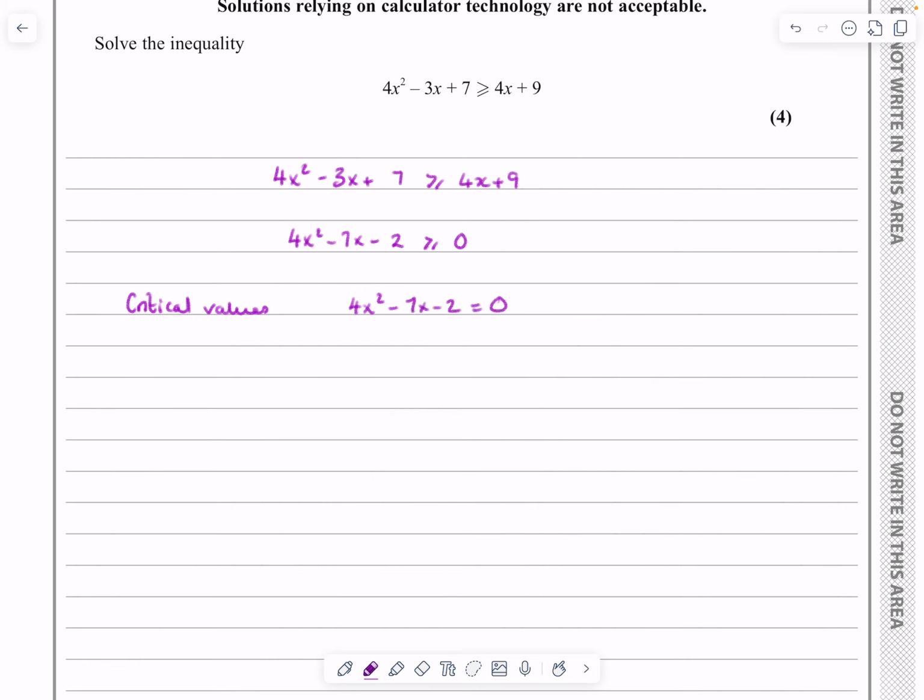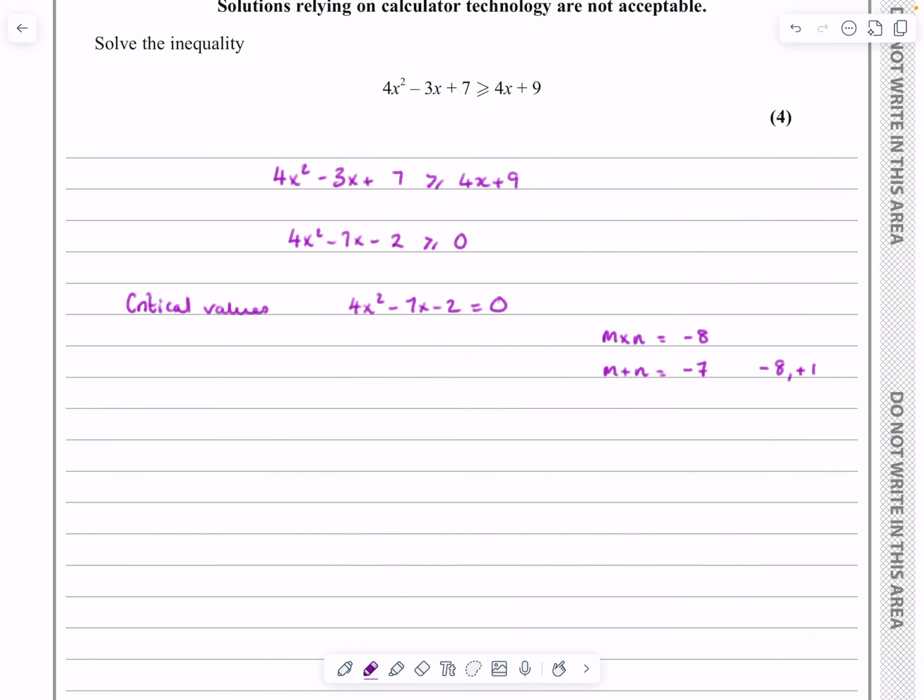Now, as I say, looking at this as the start question of a paper, I'd be very surprised if it doesn't factorise. So I'm going to use the AC method to factorise this one. Go back and check my other videos if you're not sure how to do this, but I'll do it here for you. We want two numbers that multiply together to make the product of AC, 4 times minus 2 is minus 8, and that add together to make B, minus 7. So the two numbers, yeah, this is going to work. The two numbers that multiply together to make minus 8 but add together to make minus 7 are minus 8